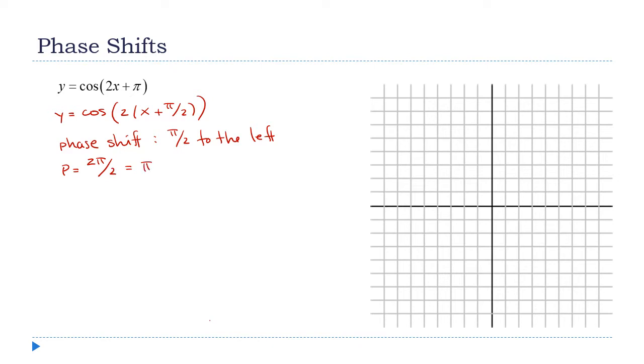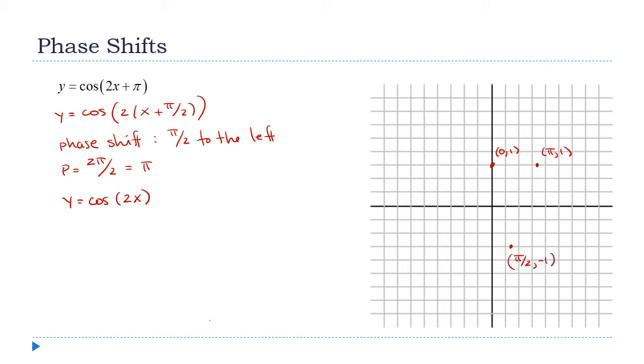All right, so let's graph this one. Let's start off by just doing the period part. So I'm going to start by graphing y equals the cosine of 2x. I'm going to start at (0, 1), and then I'm going to get back there one period later. So that's going to be pi units. So I'm there again at (pi, 1). And my minimum value is right in the middle of those two. That's (pi over 2,